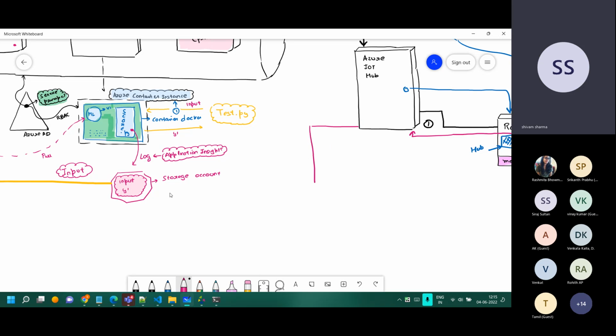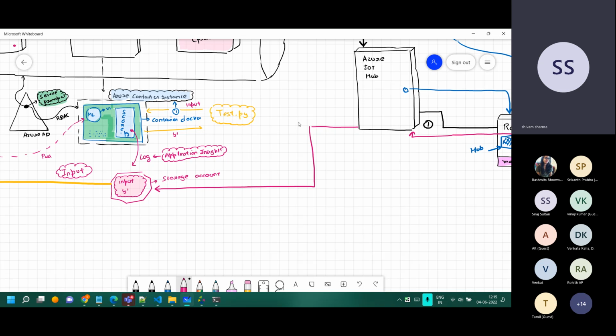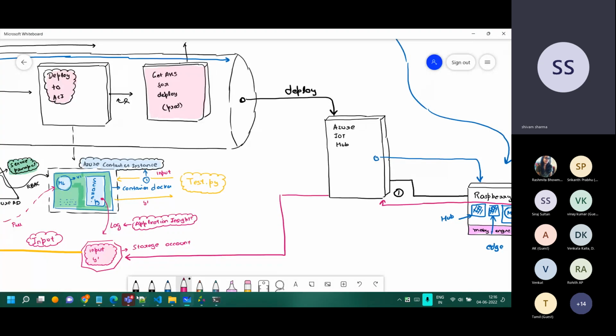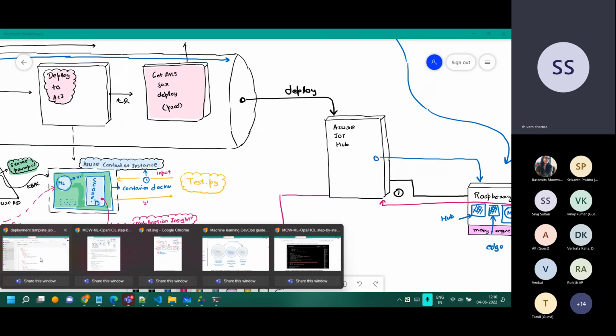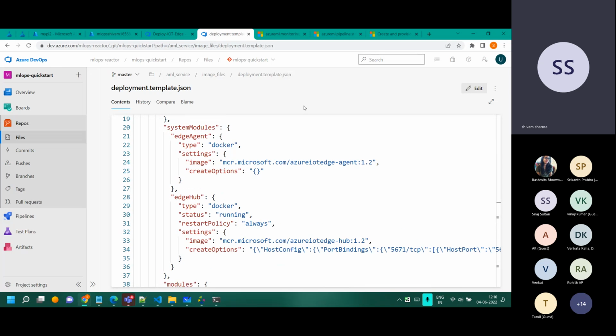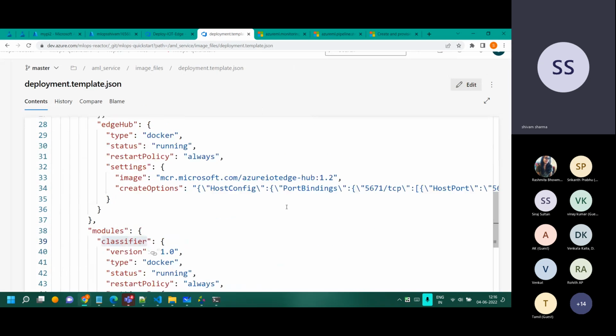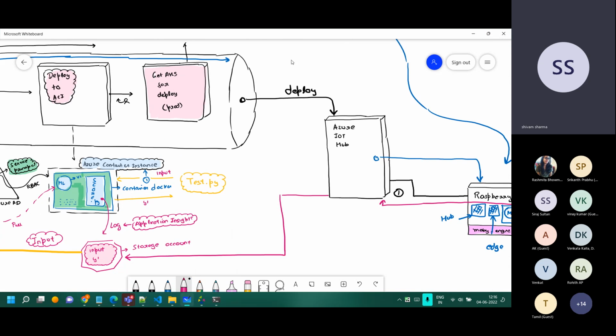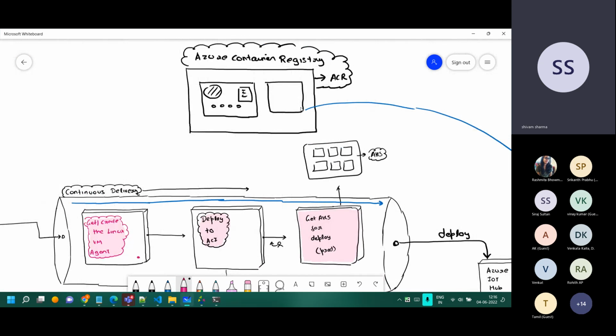You can say drift is happening. That's one thing. Now, how do you redeploy it? We'll just read the file again. You have to specify the path of the image correctly as such. So this is the path of the image over there. This is the image which is right now in that location.